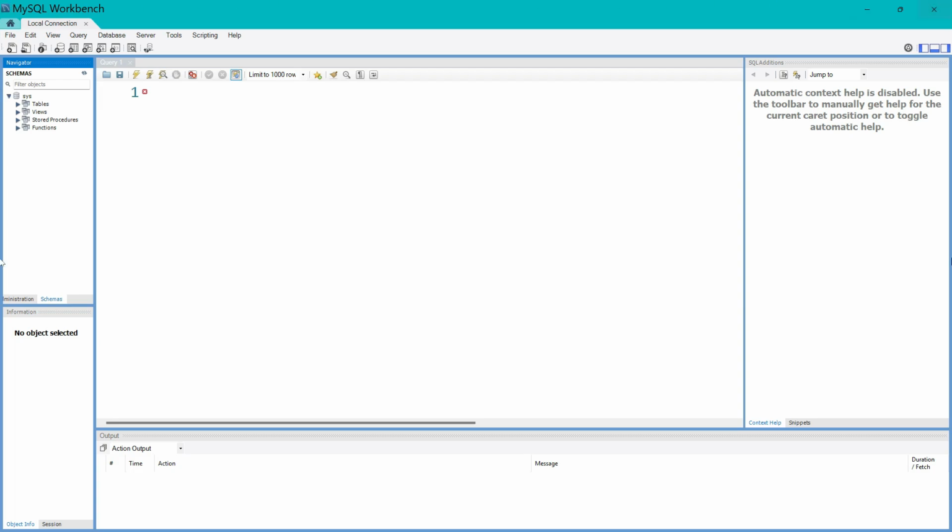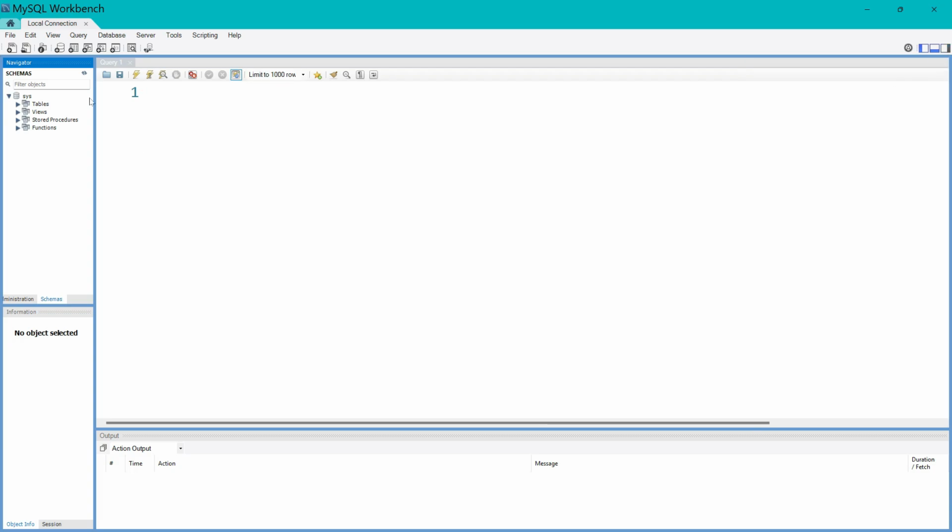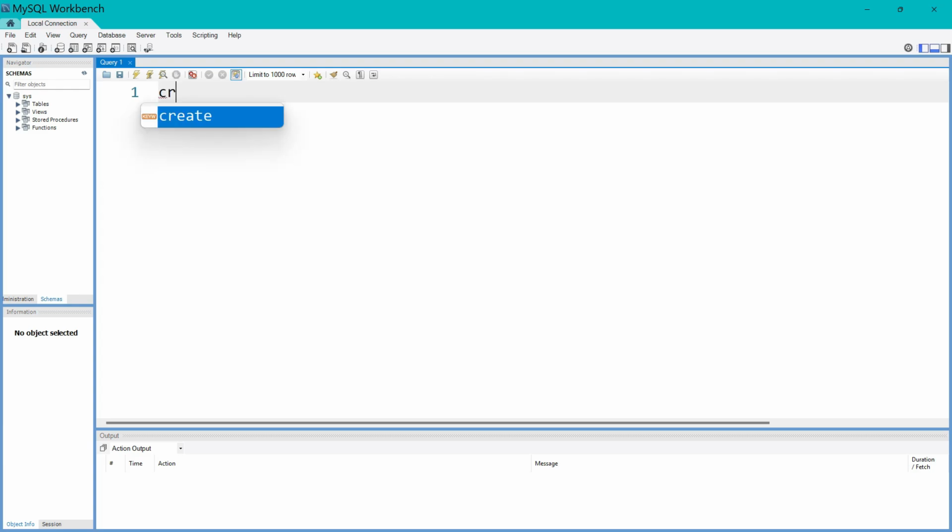Now, looking at the screen, you see there are many things. I don't need the SQL additions box here, so you can click on the small icon and reduce it. So now you only have this query area where you will be writing your queries. The very first query we are going to write is to create a database. You have to simply say create, and then you have to say database